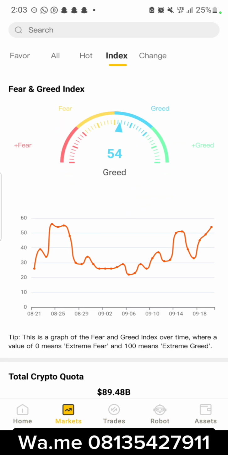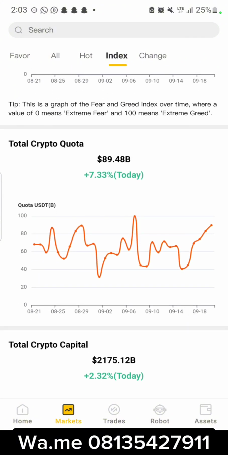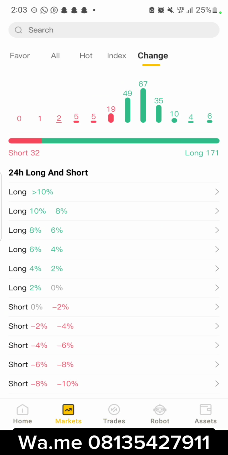We are at the verge of coming to this place. Once we are here, just know that the whole crypto run is crazy. All right, let's click on the change to see how the market is going. If you notice, the whole market is going on a long trend. The robot is telling you that over 70% of the market is on a long trend, so few persons are on a short trend. That shows that the major trade is about to be bullish, so the whole market is going to be going on a long trend.